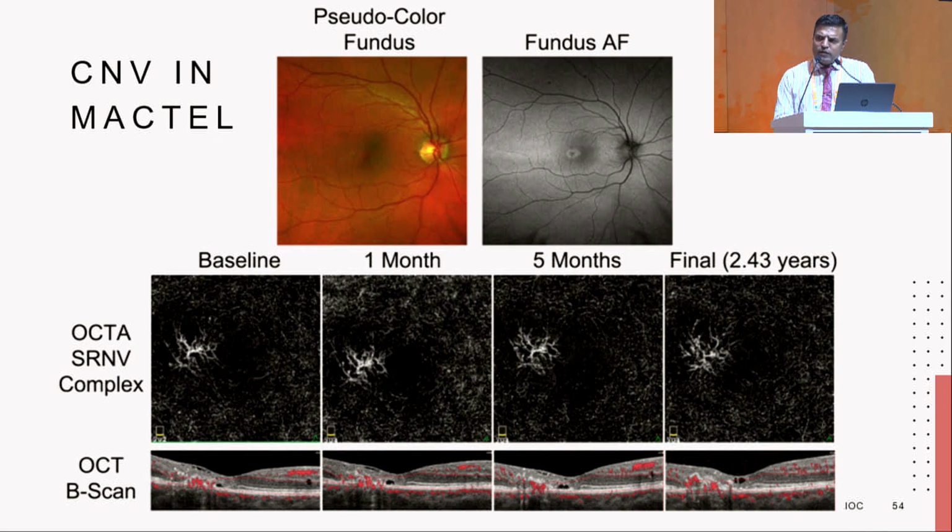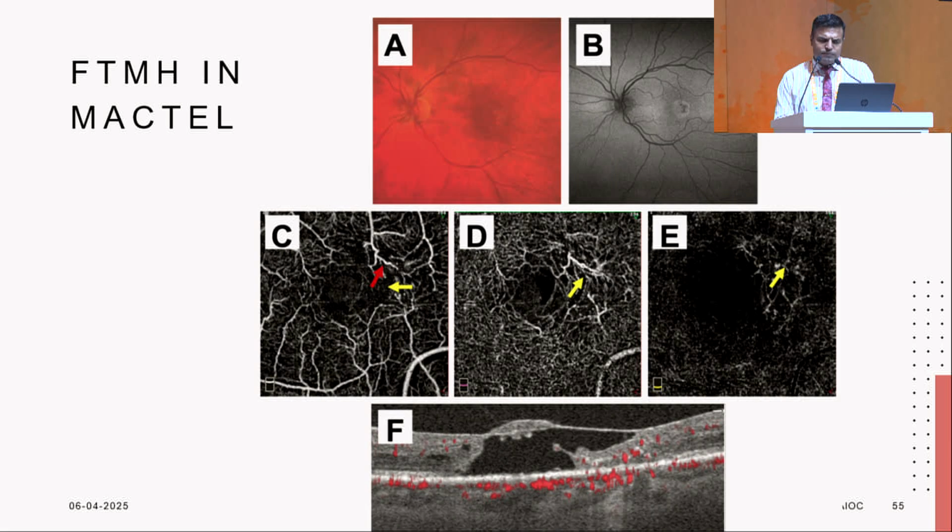Similarly, choroidal neovascularization can develop in macular telangiectasia. We have seen cases on record where a MACTEL has been erroneously labeled as a PCV and been treated for almost 2 years with 20 odd injections. On the other hand, in a follow-up case of macular telangiectasia that developed a CNV, it was treated with anti-VEGFs and the disease remained stable for about 2.5 years as reported. Also, if you have a full thickness macular hole with degenerative changes, one should do an OCT angiography to document that this is a neurodegenerative disease and the patient will have a poorer outcome after surgery.